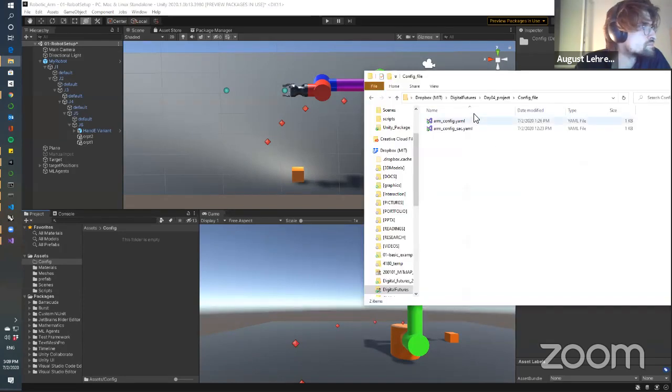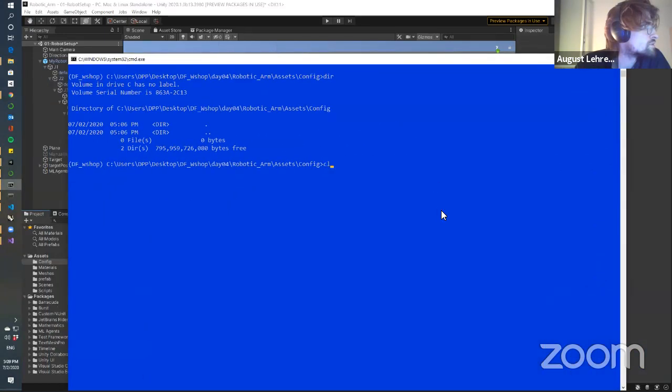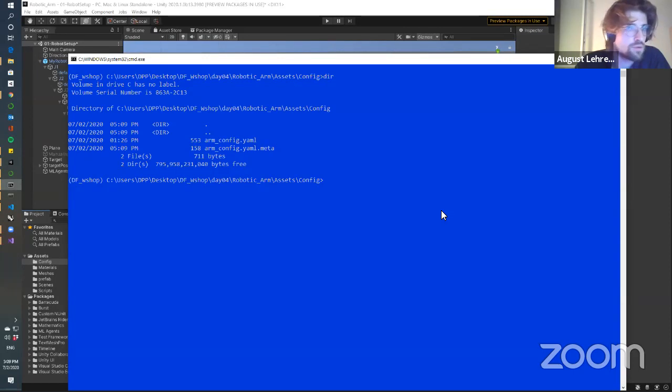What did I do? Here. Config. We have it here now. Yeah, we have. So we do ML agents learn. We will provide the ARM config .yaml, run ID equals to, and we will say like